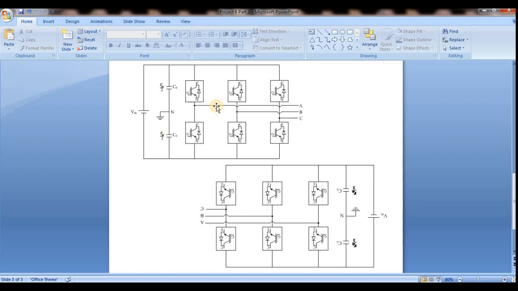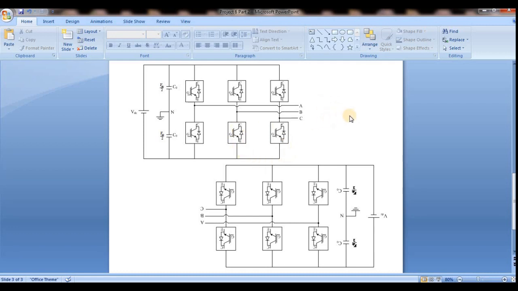Now I will tell you how we can design this inverter and how we can give the pulses to this inverter in 180 degrees and 120 degrees, and similarly with neutral and without neutral. I will make the neutral connection on this DC side, but I won't make a neutral connection on the AC side, and then you can get different kinds of voltages. If you are using the neutral here, then we can get another wave, because if there is a neutral on the AC side and the switch is switching on, the current flows through this phase, and it should come back through one of these two switches for the return path.